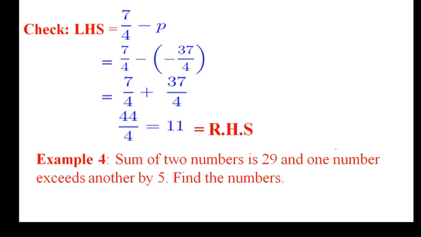So sum of two numbers means you have to take any two numbers, their sum should be equal to 29. And here one condition is given, that is one number should exceed another by 5. If you take first number 2, the second number is 7. So 2 plus 7 is not equal to 29. Like that we have to find up to 29. So this is called trial and error method, but we won't follow that method. We have to take another method.